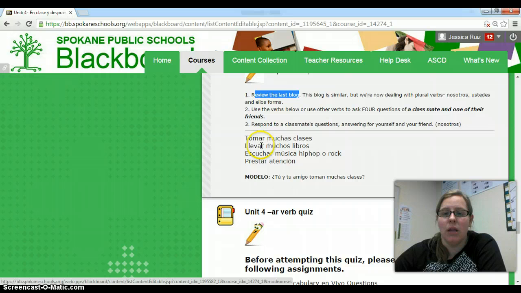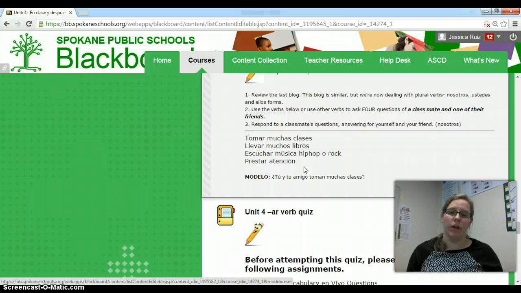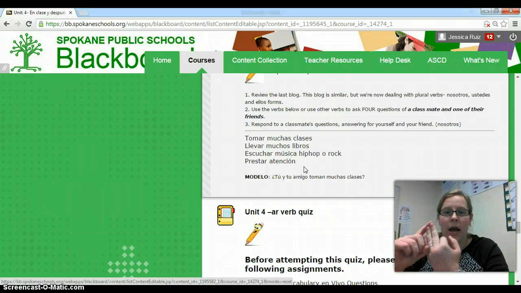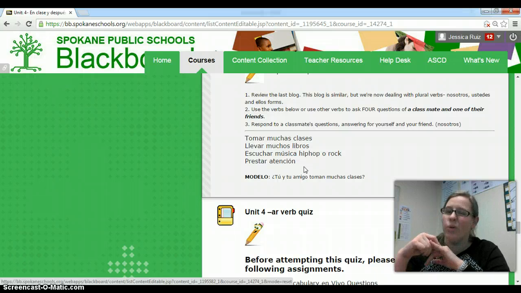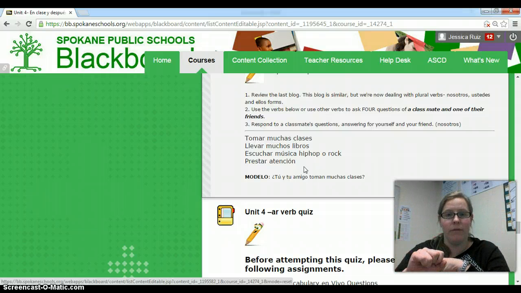So I can use the verbs below or other verbs. So in this case, I have a little bit of flexibility. I can use the 4 that they've given me, or I can bring in other ones. Whatever you want to do. Just remember, so far the only verbs we know how to use are AR verbs, ser, tener, and the verb ir. In this blog, do not use ser and tener because that's old news. I know you know how to use those verbs. I'm not interested in those. I'm interested in seeing your mastery of our new verbs. So it's got to be either an AR verb or the verb ir, to go, okay?